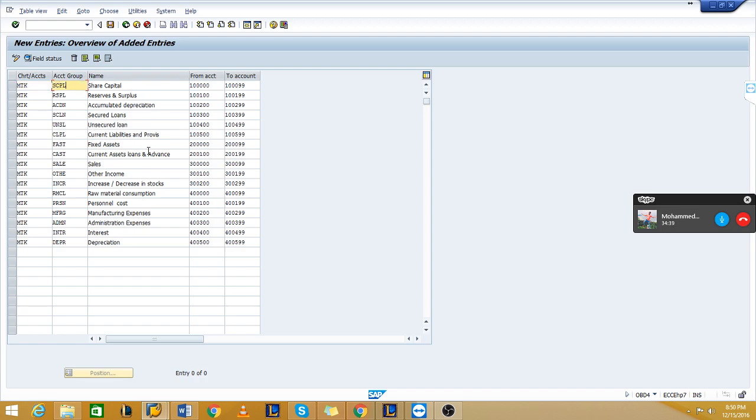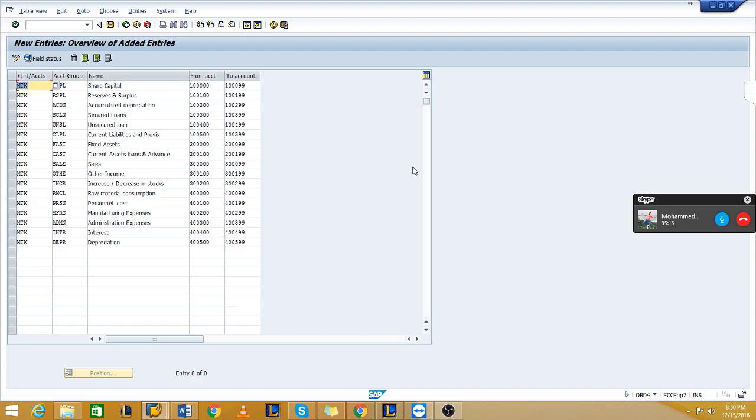I have classified my GL accounts like this: share capital, reserves and surplus, accumulated depreciation, secured loans, unsecured loans, current liabilities. Whenever I create share capital, I can use any number, as I will have 100 digits, that is 100 GL accounts can be created related to share capital. Preference share one account, equity share one account, like that I can create.